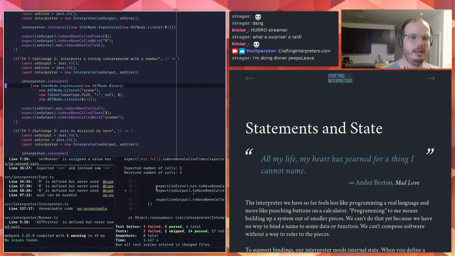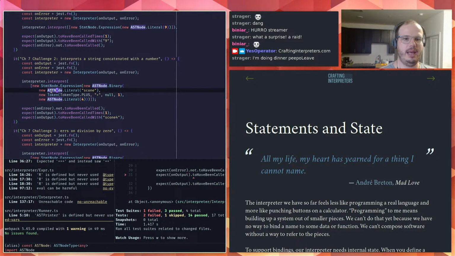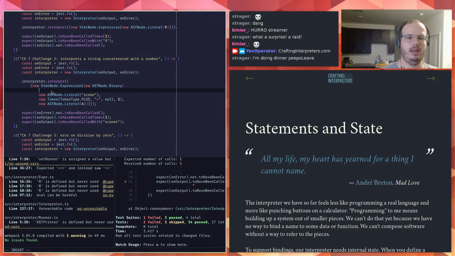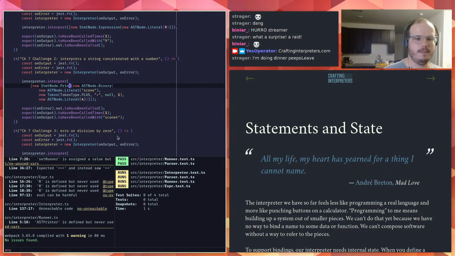That one did not lower the amount of errors, so okay. We expected output, but no longer are we just outputting any old thing. If we want to print something, then we use statement.print instead of statement.expression.